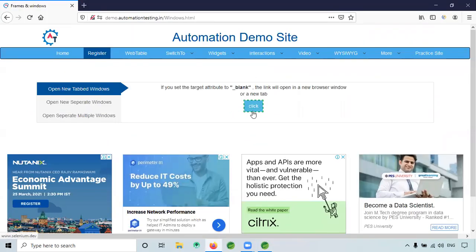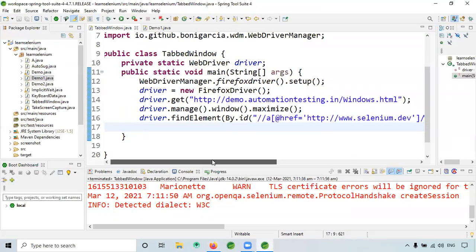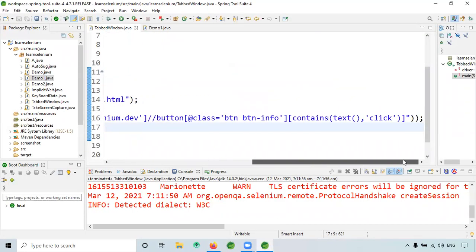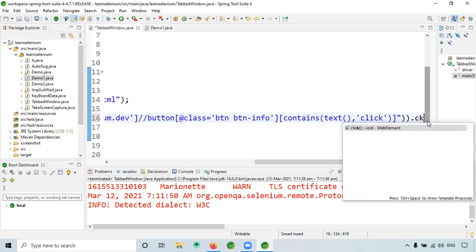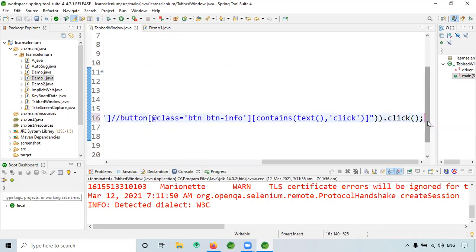Okay, so let's see, will this click or not? Here I will give dot click.